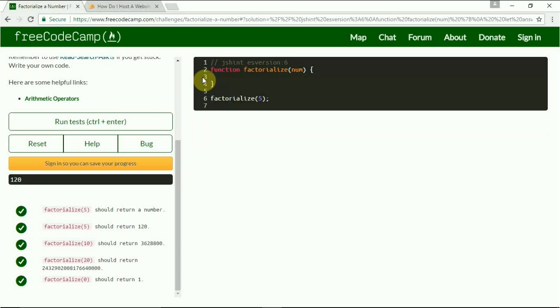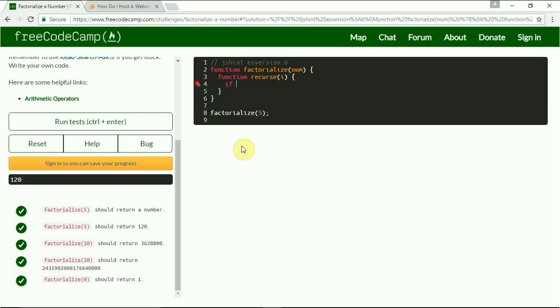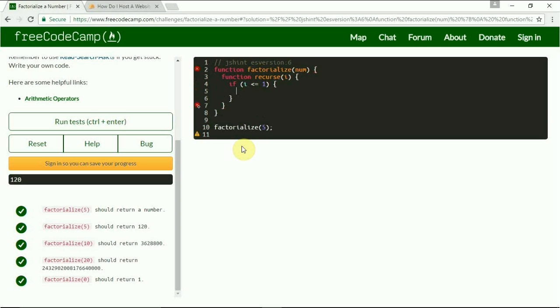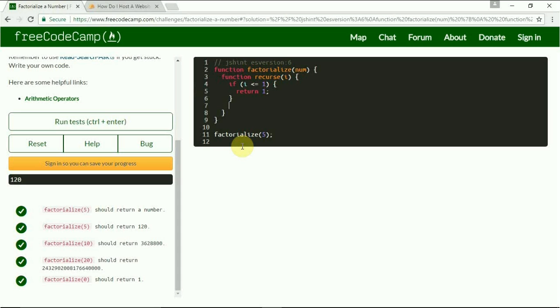Remove all of this, and inside of our Factorialize function, we'll make a new function. I'm going to write this out the long way to hopefully show you more of what's going on. We'll say function recurse takes a number, and I'll just call it I. If I is less than or equal to 1, we'll return 1. And if it's not less than or equal to 1, we'll return